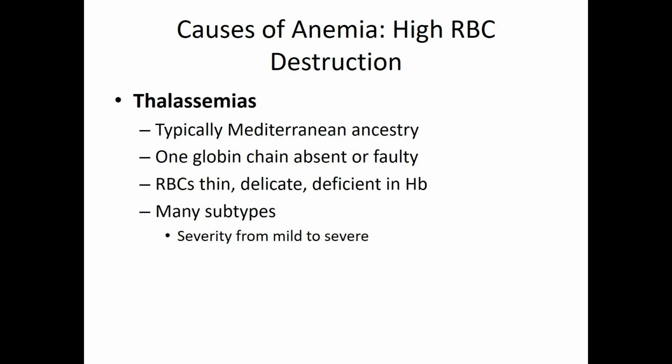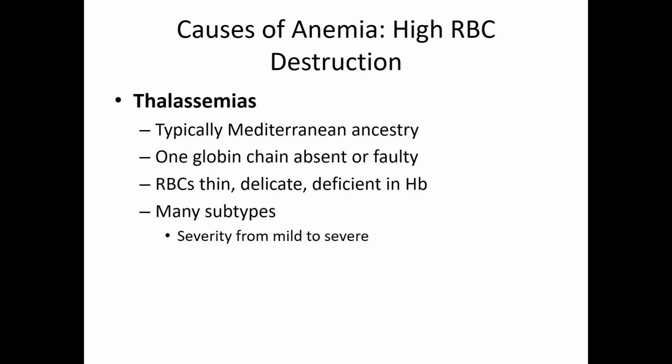In this part of the world, we don't see a lot of these, but you will see some of it. These are thalassemias. Thalassemias are genetic disorders typically associated with Mediterranean ancestry. So North Africa, Italy, Greece, that part of the world. Okay. Parts of the Levant, I suppose. And with these, typically we actually are missing a globin chain altogether. Sometimes it's there and it just doesn't work well, but oftentimes it's just missing. And we have 3 instead of 4 globin chains.